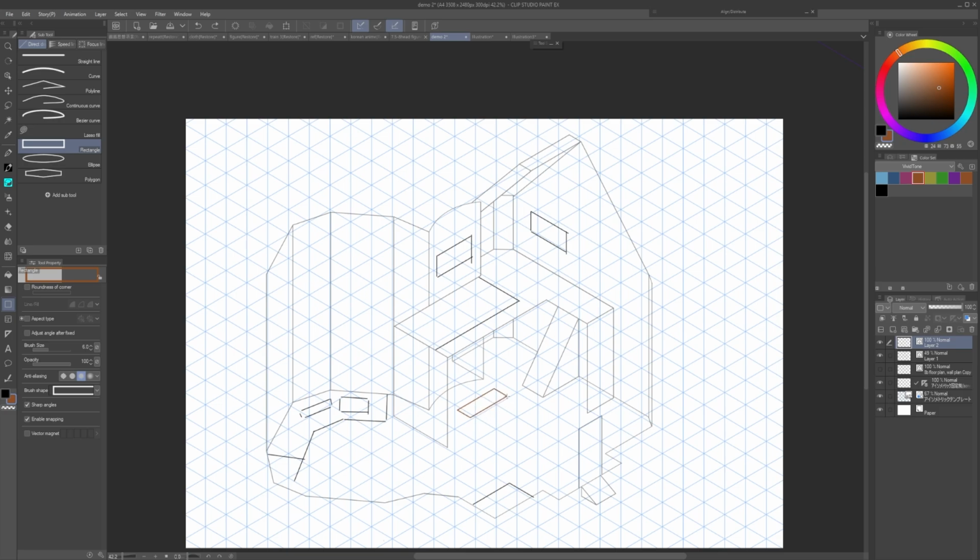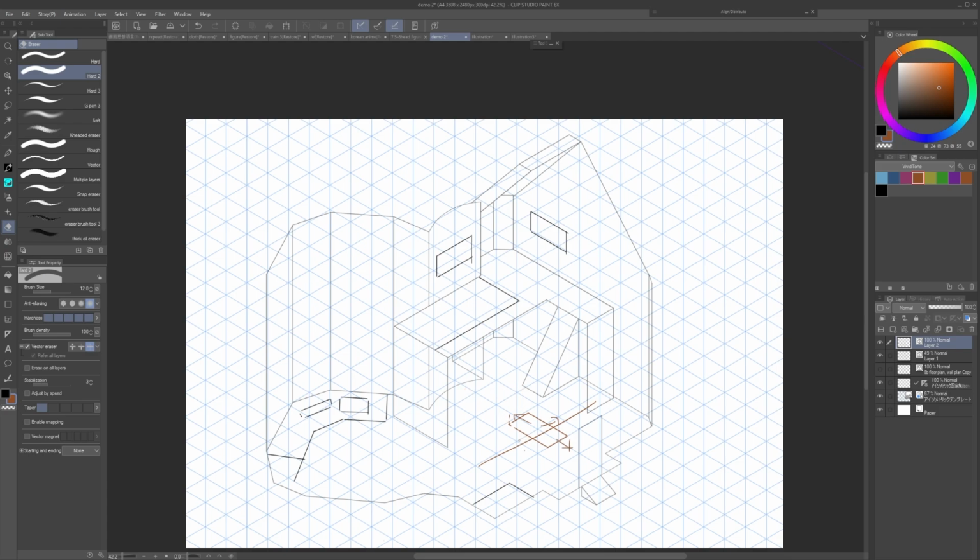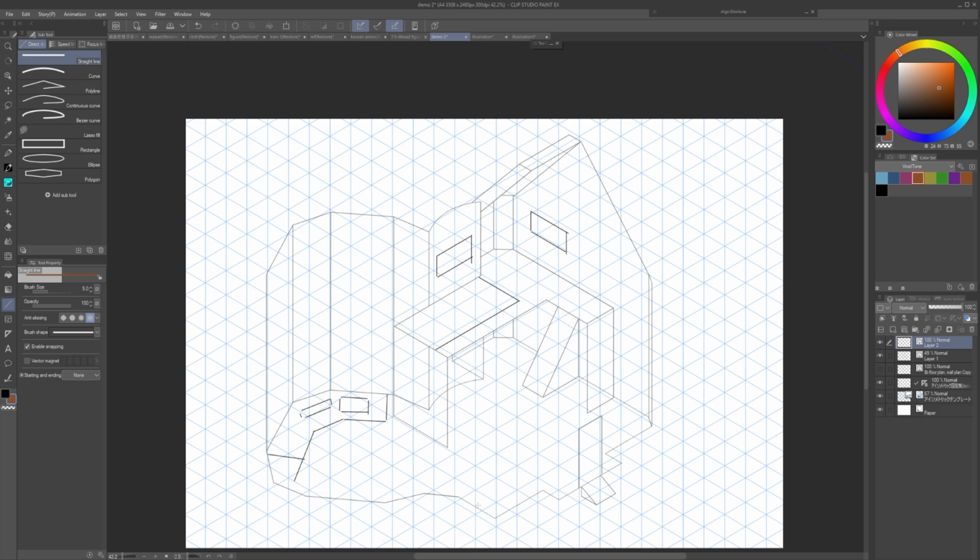If you are new to this, most probably you only draw in these four directions, here or here or here or here, which is represented by the isometric grid. So you actually can draw in any direction. You don't have to get limited by the isometric grid. For example, I can rotate this cabinet to like 90 degree, something like this. I don't have to follow the grid, but I don't want to overdo it in this case